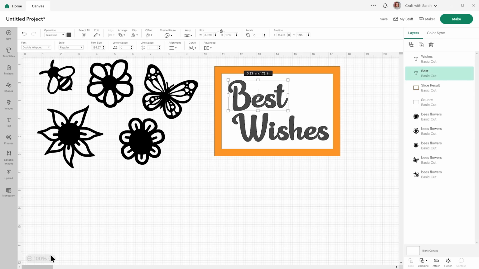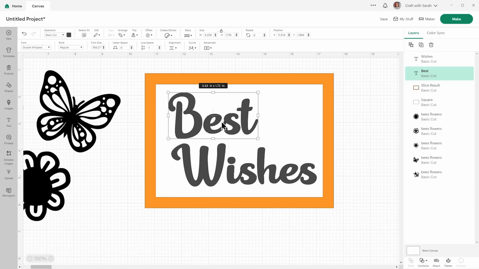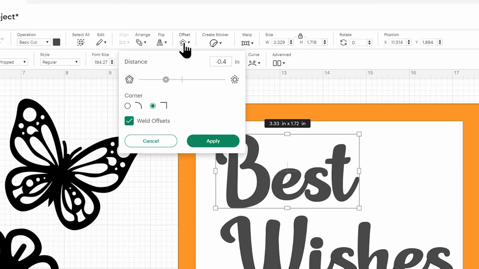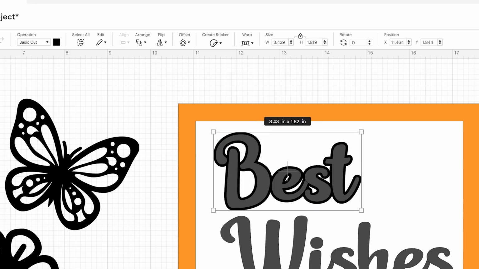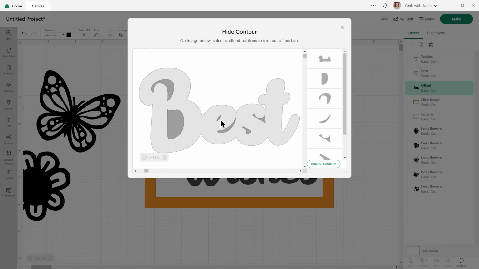All right. Zoom in a bit to make it easier to see. I'm going to give my text an offset layer around the edge. So I'll go into offset, and this time I want a positive number and I want to go back to the curvy edges. It doesn't need to be as thick this time. This is just going to give us our little white outline around the text to make it easier to read. So this is 0.05 and press apply.